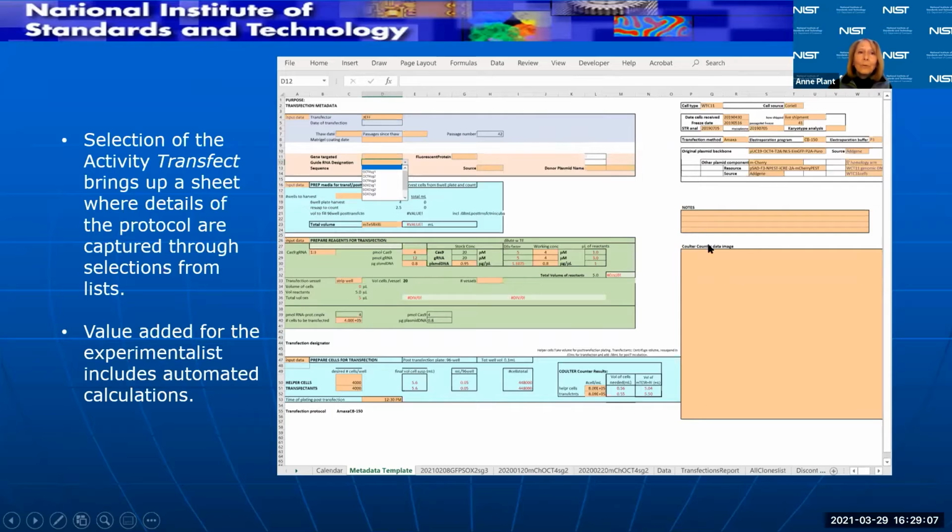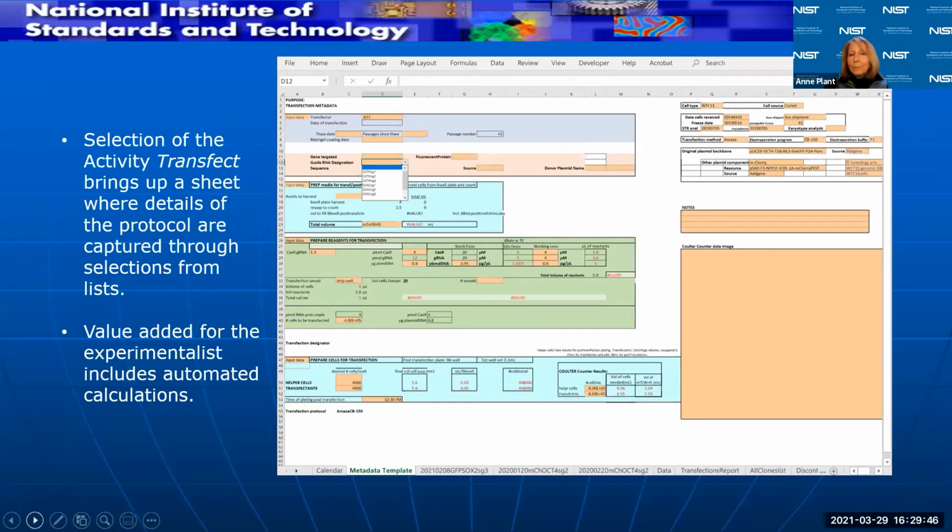And to add a little more value, we embedded calculations into this form so that as the experimentalist is trying to figure out, let's see, how many cells do I have and how much material do I need and what's my final dilutions, this can all get calculated on the sheet. And so there's actually benefit to the experimentalist, and it's a little more incentivized, I guess. And again, something very simple to do within Excel and easy for a non-programming person to develop.